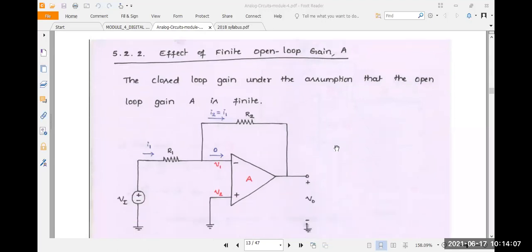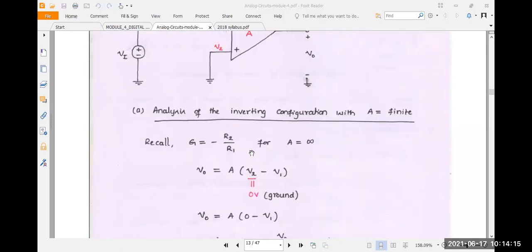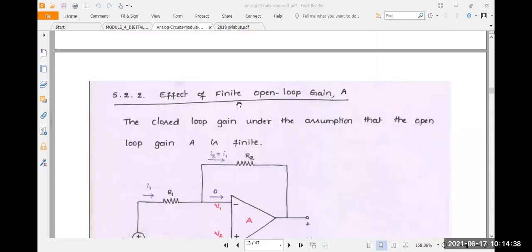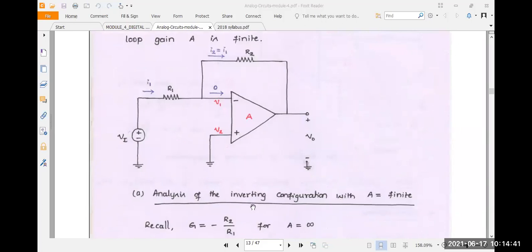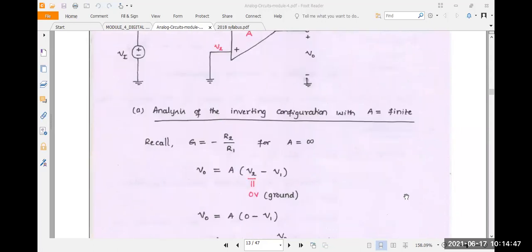Here you take open loop gain. You write the inverting amplifier diagram again. Here you take IT is equal to I1. You take the G equation, minus R2 by R1. We know that already. Now the open loop gain is almost infinity. The gain of the op amp, the open loop gain, is how much here? Infinity means unlimited. We can measure the gain in terms of unlimited. But when you come to this second condition, that is finite open loop gain, we have to make the inverting configuration with finite loop gain.